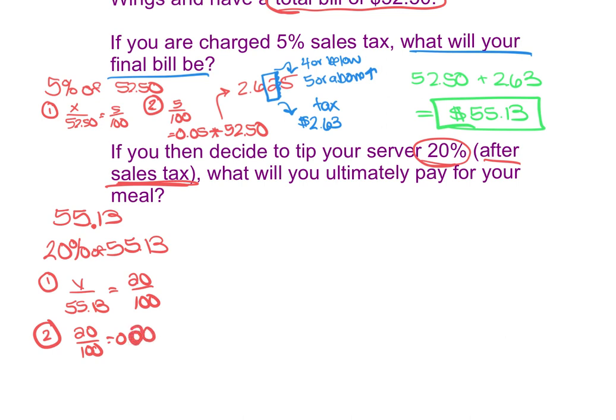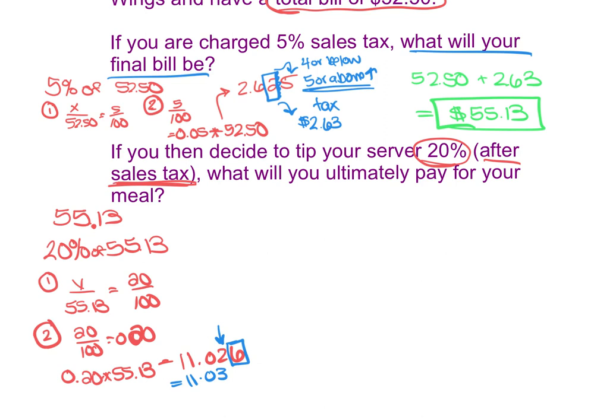0.20. And then here we take 0.20, we multiply it by $55.13, and we find that the total for our tip is 11.026. Now, realistically, we know that this can't go to 3 decimal spots. So here we know we need to figure out if we're going to round the 2 or not. So we're going to look at the number to the right of the 2. Because this number is 5 or above, we're going to round that 2 up. So our tip is going to be